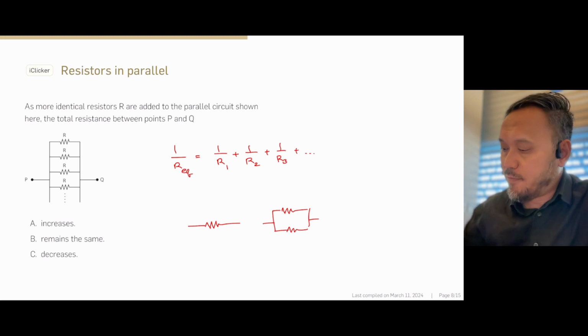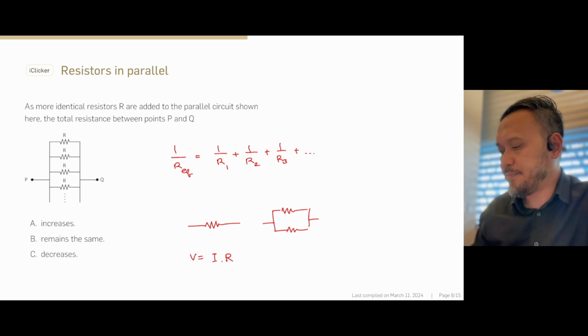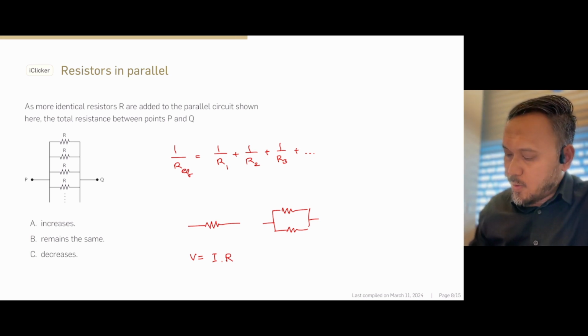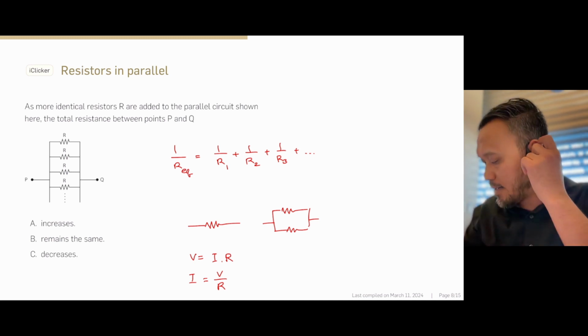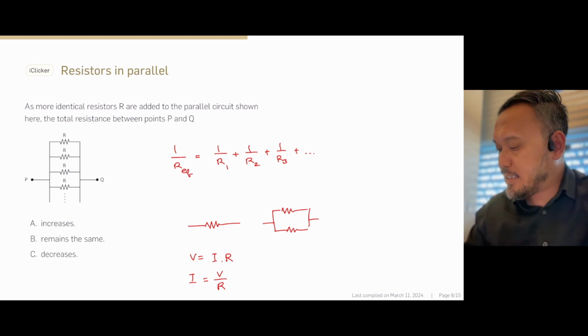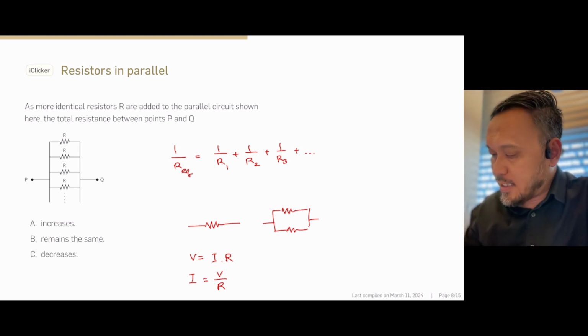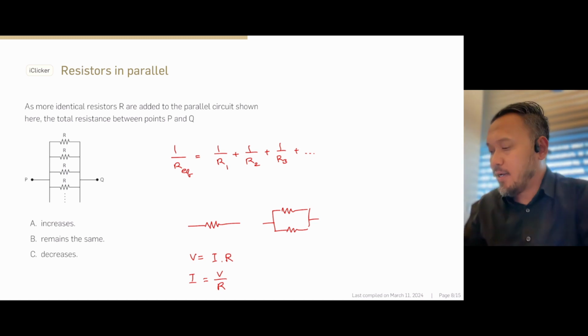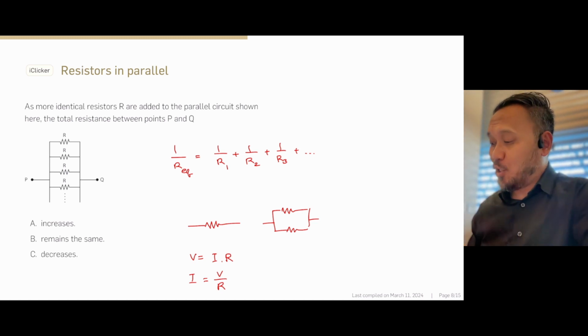And you can invoke Ohm's law, V equals I times R. So from that you can get I is equal to V divided by R. This is the current per path. Since the current per resistor is the same, then if you have more and more resistors,